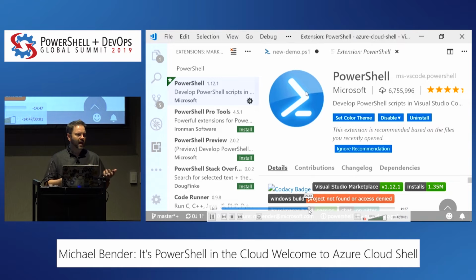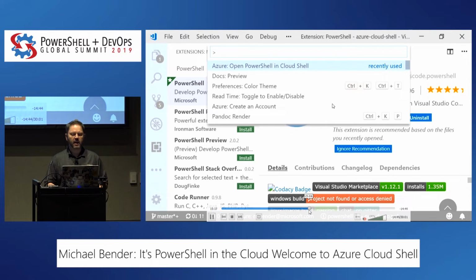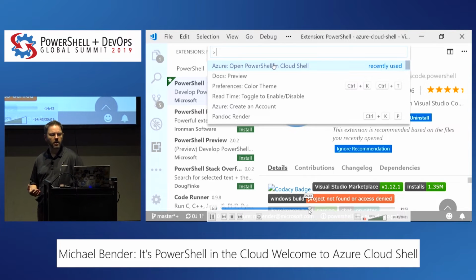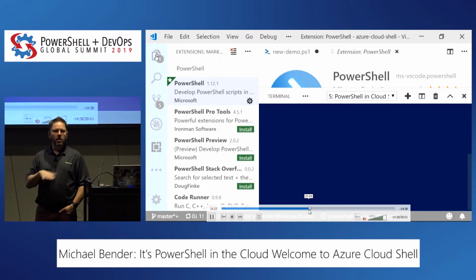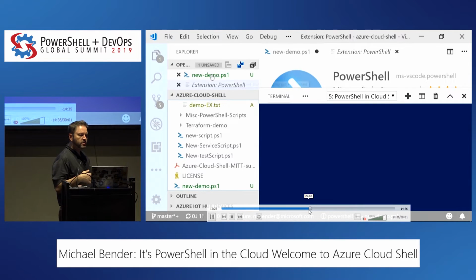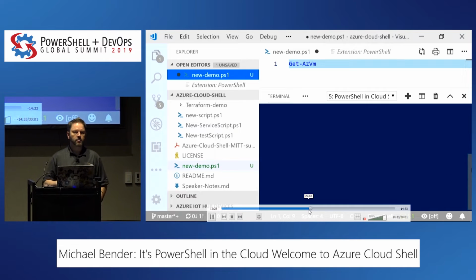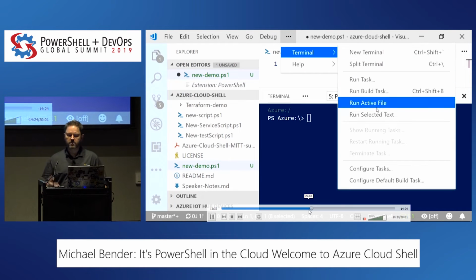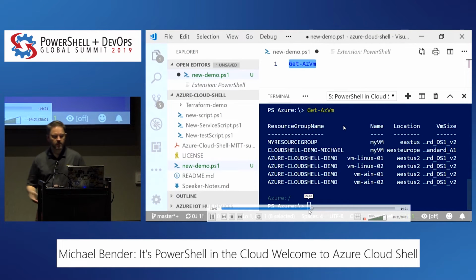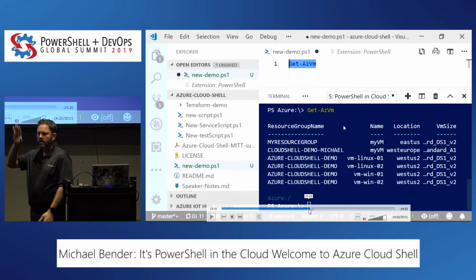But let's take a look at what happens to be able to use that Azure account. So from the drop-down, notice I have Open PowerShell and Cloud Shell. Once I choose that, it's going to open up a new terminal window that's going to authenticate up into Azure, which allows me to work inside my subscription. Notice I have a prompt just like I did up in Cloud Shell. I'm simply going to highlight some code that I have in my editor in VS Code, go over to Terminal, run selected text, and there we go. So that ran right up in